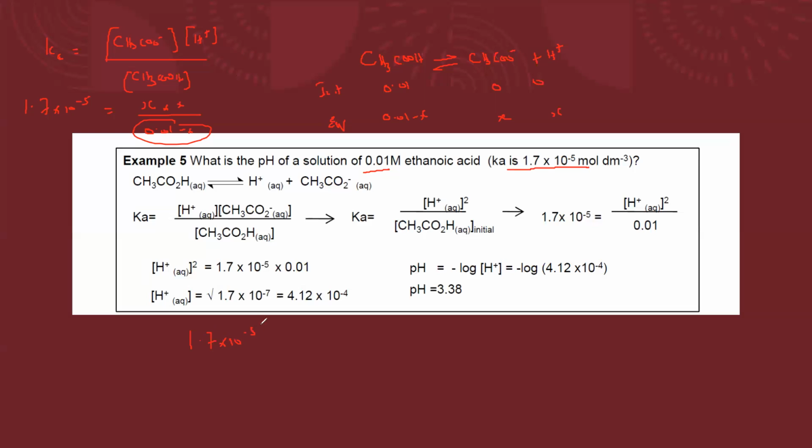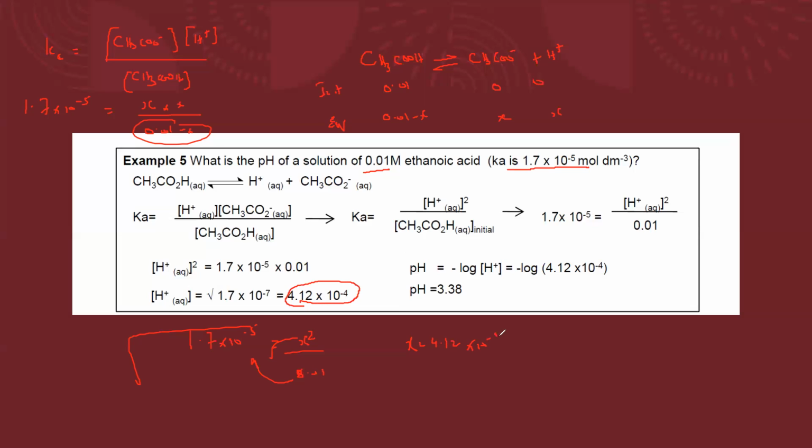So 1.7 × 10^-5 is equal to X squared divided by 0.01. The 0.01 is divided on one side, so on the other side it will be multiplied, and to remove the square you take the root. Using this you will get the value of X. And what's the value of X? The value of X is equal to 4.12